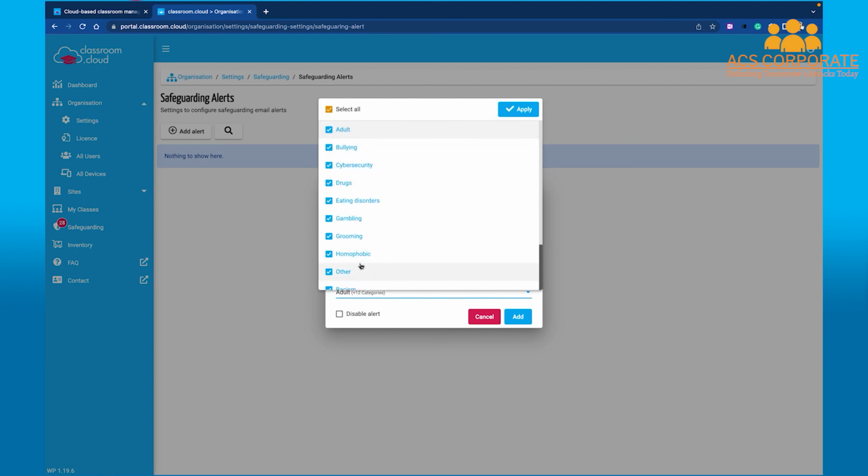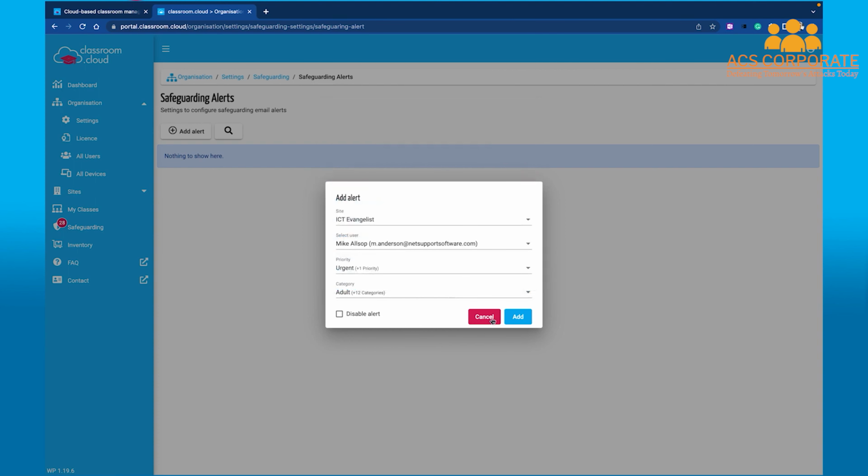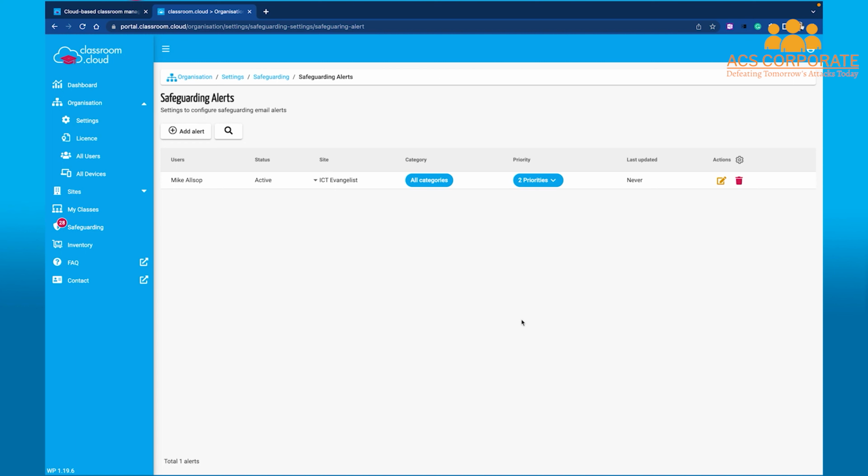Again, only one person, so they probably want all of these in there as well. But again, based upon the numbers of staff that you have covering as safeguarding users, you can really, like I say, be bespoke about which sorts of alerts they actually get. And if you wanted to select all, there is a select all button at the top, which you can choose to deselect all or select all if you want to. Choose apply when you're there, and then we hit add, and that will add that as an alert in this